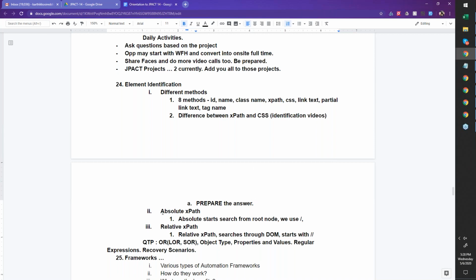Even the same absolute XPath and relative XPath, I'm getting very basic definitions. We need to improve these two answers, team, significantly. How do we say it? Absolute XPath will start from the parent node and child node like that. It will very clearly tell the address of the element.